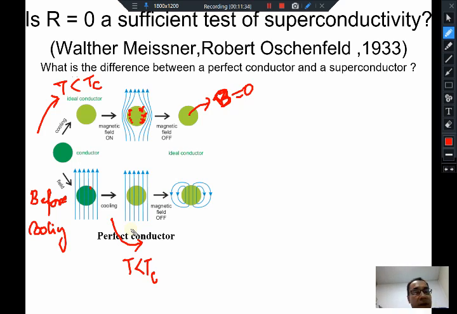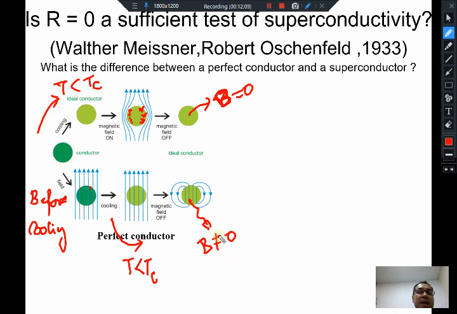Nothing should change. Now if you try to switch off the magnetic field, being an ideal conductor, it will set up shielding currents to prevent the change of flux in its interior, and it will hold the flux there. The shielding currents will flow in such a way that the flux which was already present inside will remain inside. These will be the magnetic fields generated by those currents, which will trap the flux inside the material. So here B will not be equal to 0.